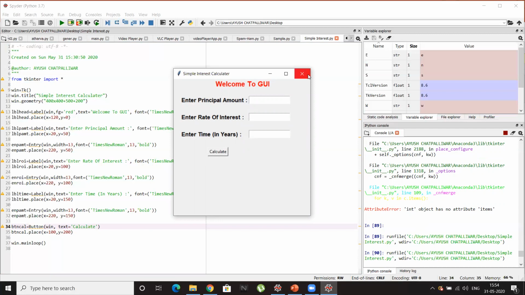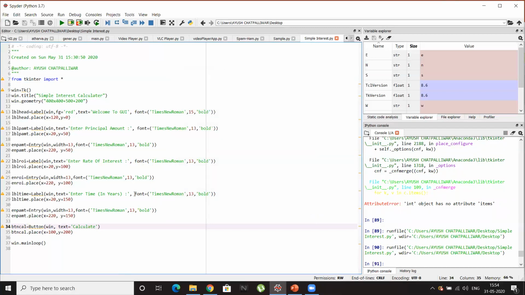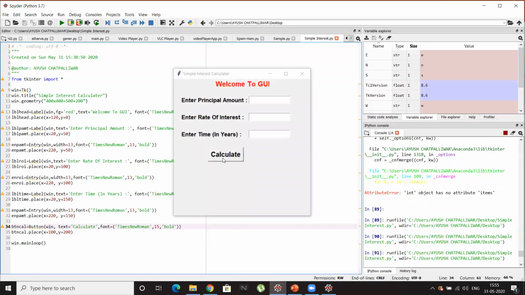Now I want it to be bigger, because the button and the text are much smaller. So I'll increase the font of the text on the button. I'll just copy the font attributes from the label and paste it. I want the size to be not 13, but let's try 15. Let's see if it's a bigger button. Yes, you can see the button is much bigger than the previous one.